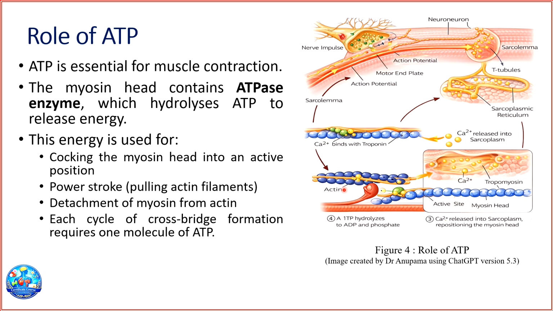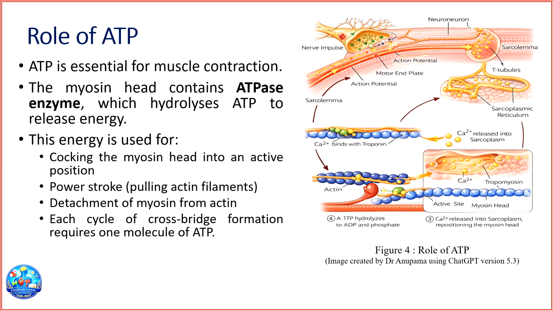The power stroke happens, wherein the actin filaments are pulled inside. Then detachment of myosin from actin will take place. So each cycle of cross-bridge formation requires one ATP molecule. One ATP molecule. If you look at the sequence of events presented here, you see that once the